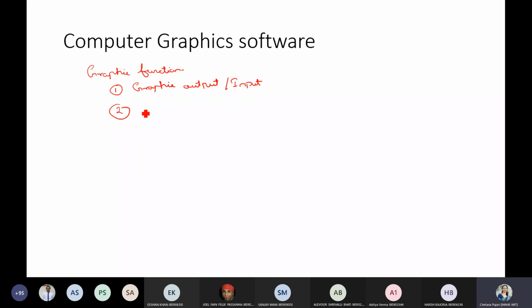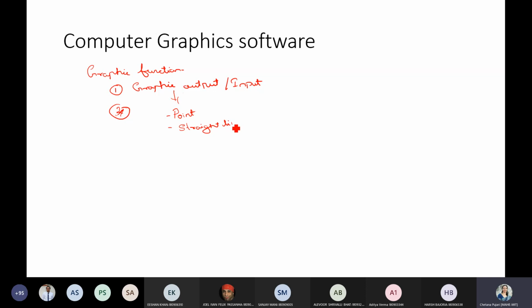So this is basically the geometric shapes which we are going to define. Here it deals with geometric entities, like how to identify a point in space or on a screen, and a straight line, how we can draw the straight line.